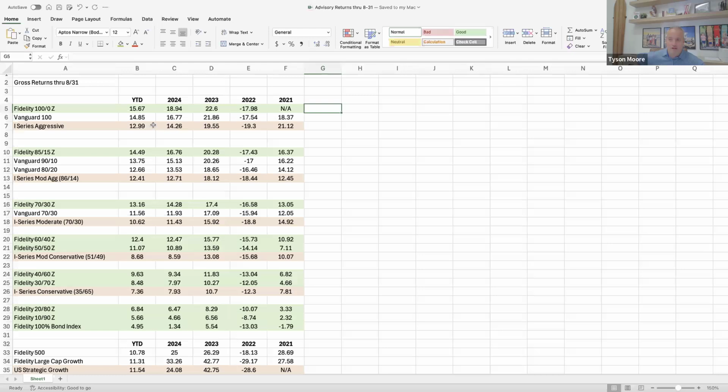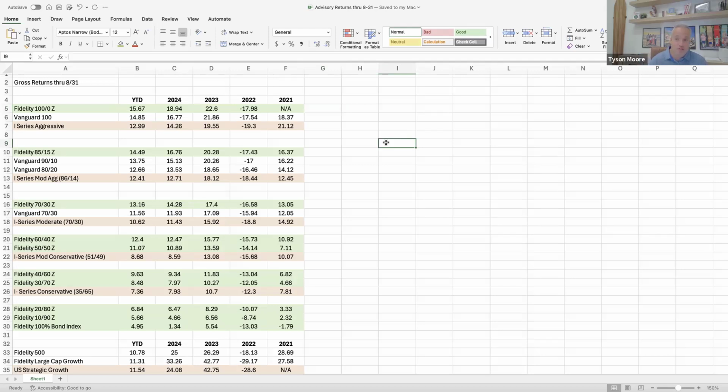And so then when you look at the difference between Vanguard and Fidelity, you'll see that Fidelity is pretty much edging Vanguard every year. Some years by less than 1%, some years by yet again another 1.5%. But when you zoom out, the step up from I-Series to Fidelity Z models is pretty massive. I think I'm comfortable with somewhere between 2 and 3%